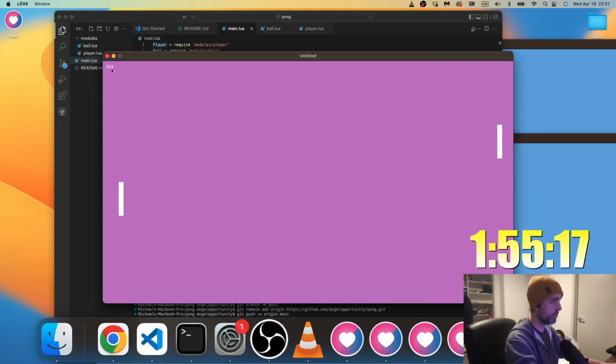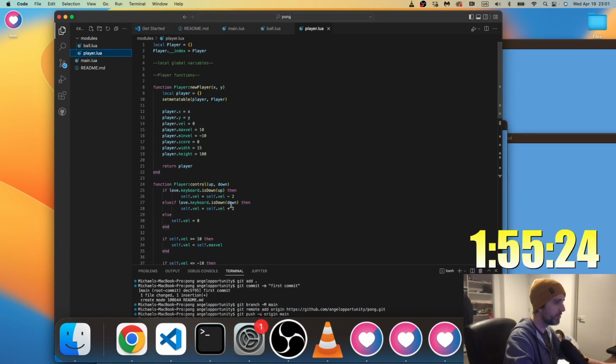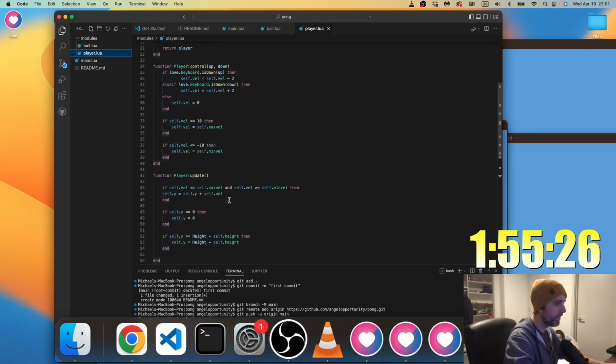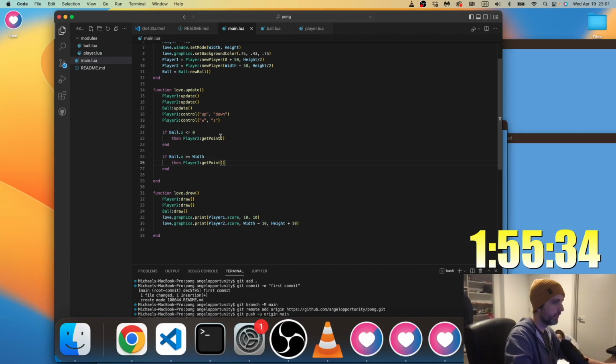Okay, well, now I'm getting a score, but I have 300 points. It just keeps going up because it doesn't reset. Okay, so that is working. So get point should also, yeah, I'm just going to hard code this at this point.